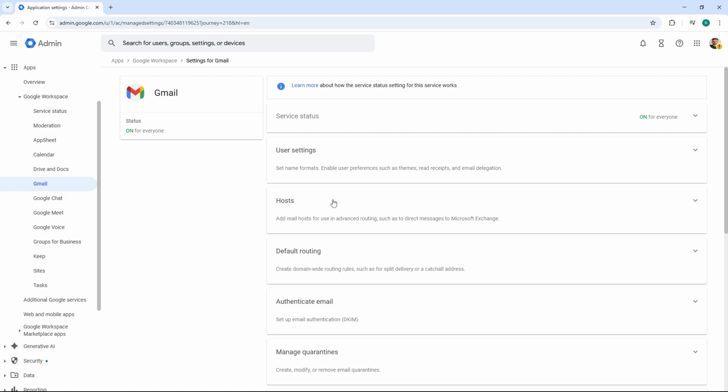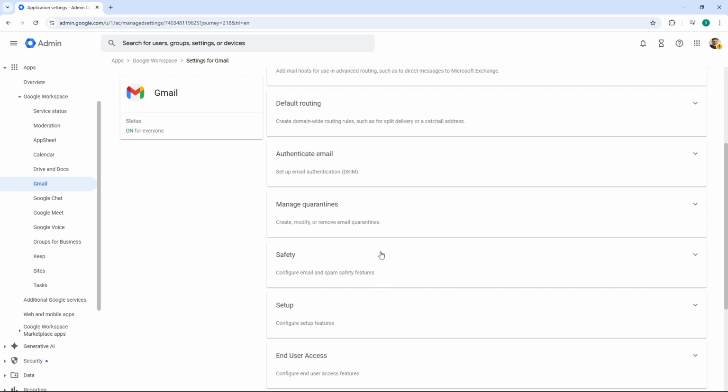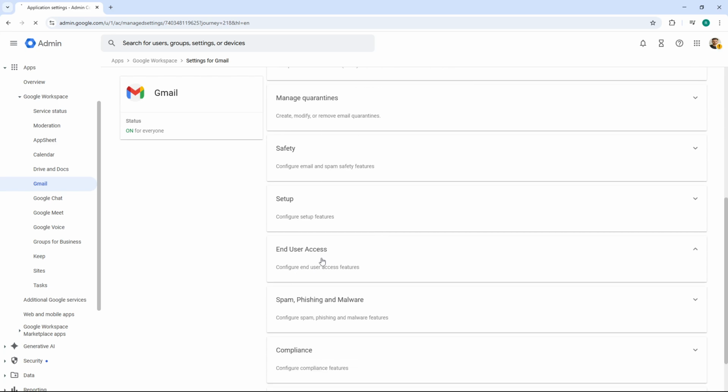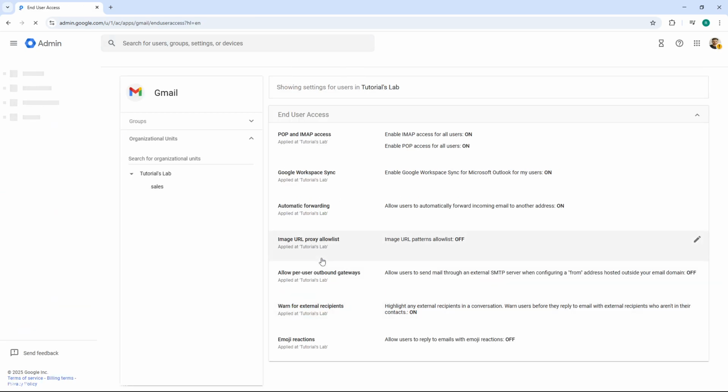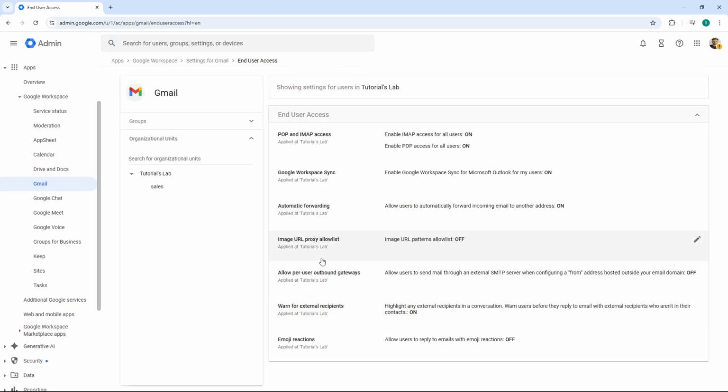Next, look for and click on the option labeled End User Access. This is where you'll find the settings that control what your users see and experience when sending emails. In the Organizational Unit drop-down menu at the top, make sure to select your top-level organization. This ensures that the changes you make will apply to everyone in your workspace, not just a specific department or